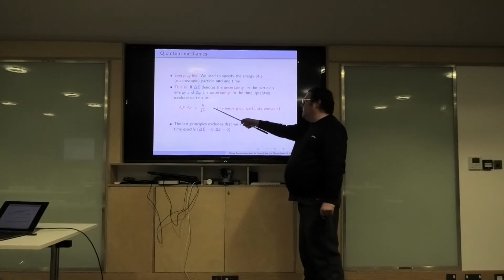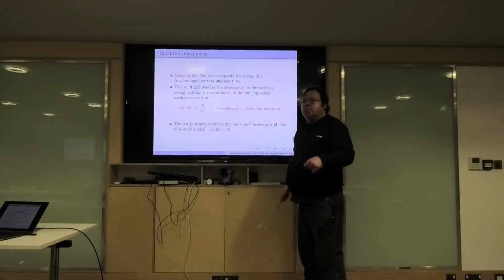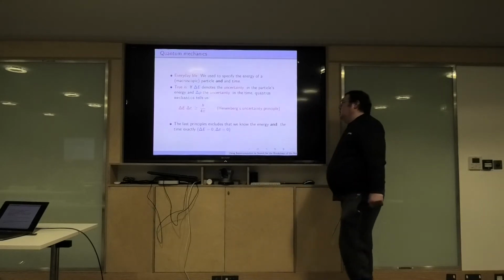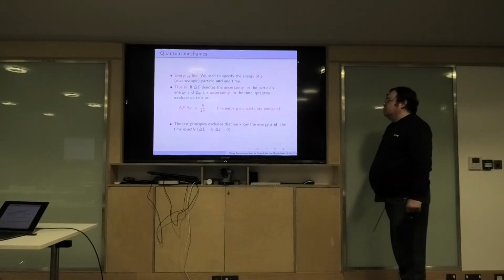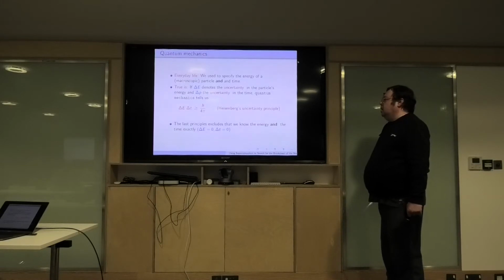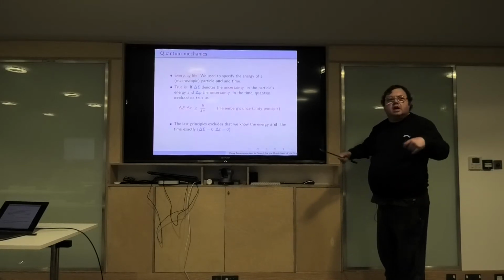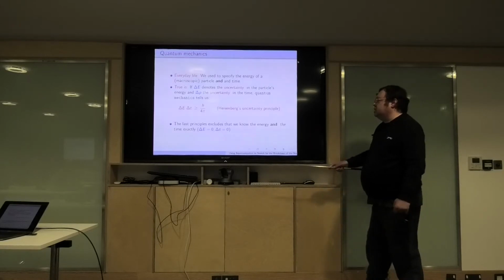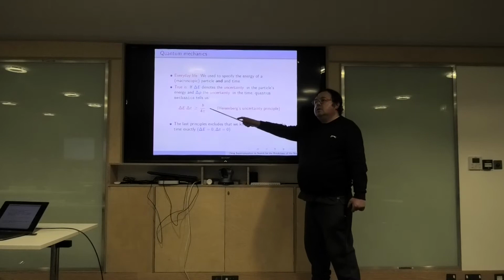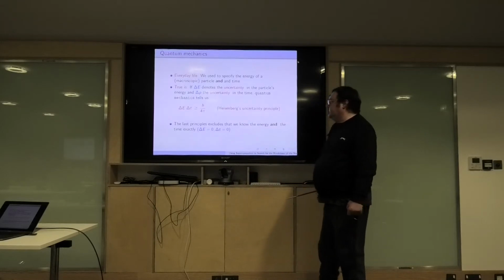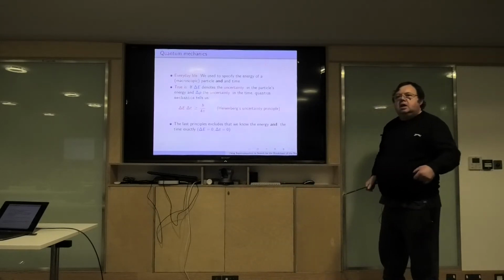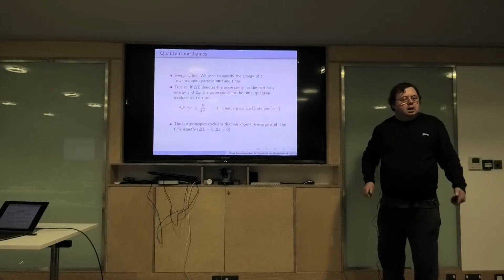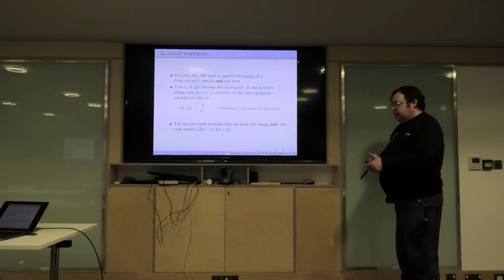An uncertainty on the energy times an uncertainty on the time has to be greater than h over 4 pi. h is a very small number called Planck's constant, and this is just part of quantum mechanics. It's one of the weird things of particle physics. Because this is such a small number, we don't see this in normal classical physics, but it's been very well tested in experiment.